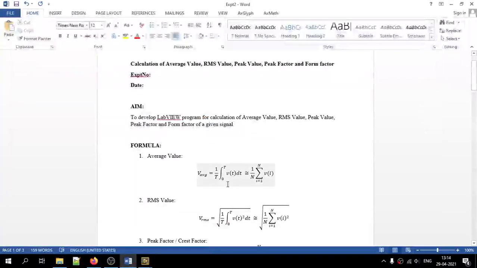Our first step is calculation of average voltage. The formula for average voltage is 1 by T integral 0 to T of v of t dt, which can be approximated in discrete form as 1 by N summation of i equal to 1 to N of v of i, where v of i is the sampled signal and capital N is the total number of samples available.